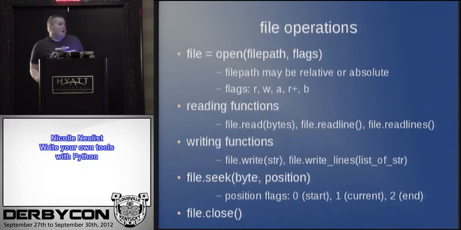/etc/password. The flags are kind of important. That determines what kinds of permissions you're going to have with the file that you're opening. R is for read, W is for write, A is for append. Write and append, you don't want to get those confused, because write is just going to start a new file. Whereas if you already have file text and you want to add more, you're going to want to use append. R plus is read and write permissions.